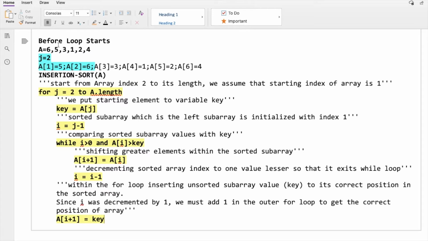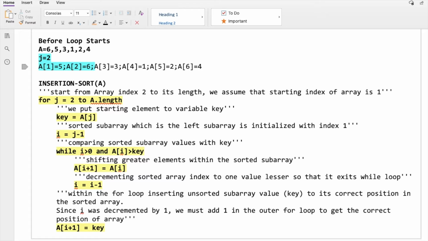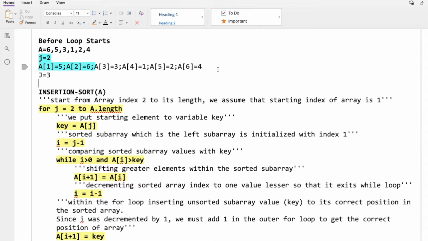In this continuation video of the algorithm of insertion sort, we had taken into consideration 6 values and we were trying to sort them. In the j is equal to 2nd iteration, we had got this as the left sub array which was sorted, and we are now going to understand what happens when j is equal to 3. So when j is equal to 3, this sequence will remain,